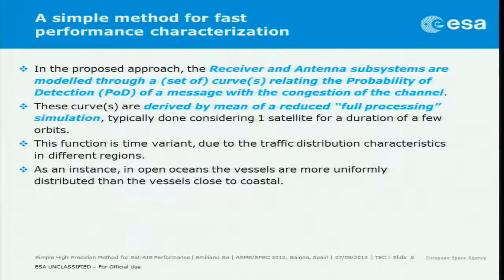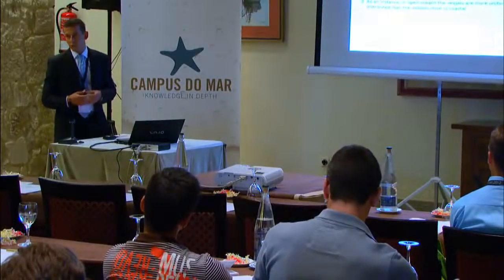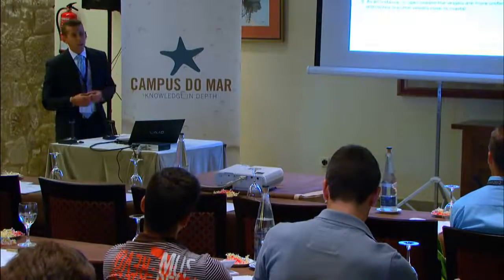The important thing that we noticed is that this performance of detection curve is not constant over time, despite the number of messages you receive. And the explanation for that is that even if you have the same number of ships within the field of view, you can have very different cases. Imagine, for instance, a case where your satellite is overflying an ocean, and then you have a certain number of ships, and in that case, you can assume pretty much that these ships are distributed in a uniform way within the field of view. In a second case, for instance, you are overflying a coastal region, and in that case, you can expect that the traffic is very concentrated in a smaller area.